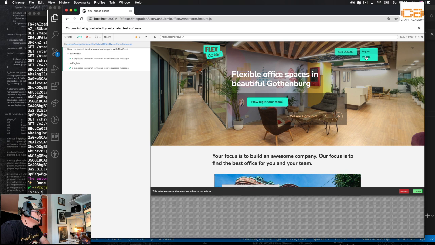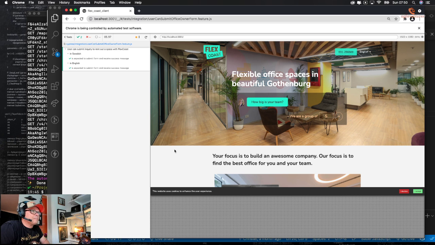So let's switch this. Yeah, so this is a React client that uses an API that we built to collect interest forms from people who are interested in renting office spaces. This is a client project.